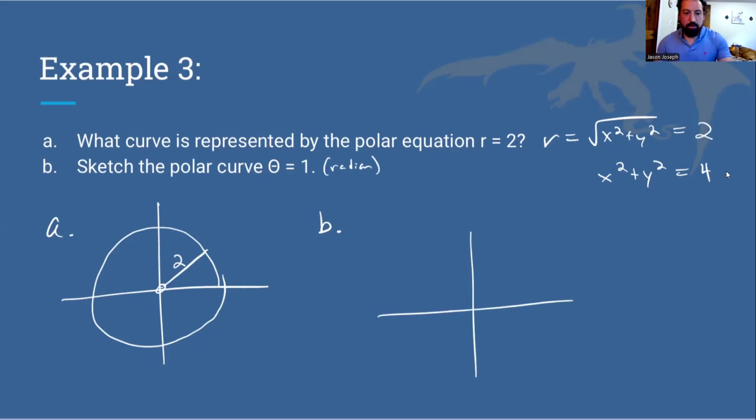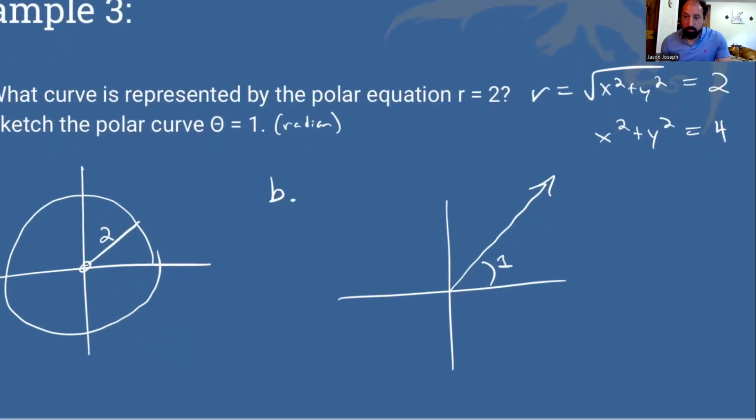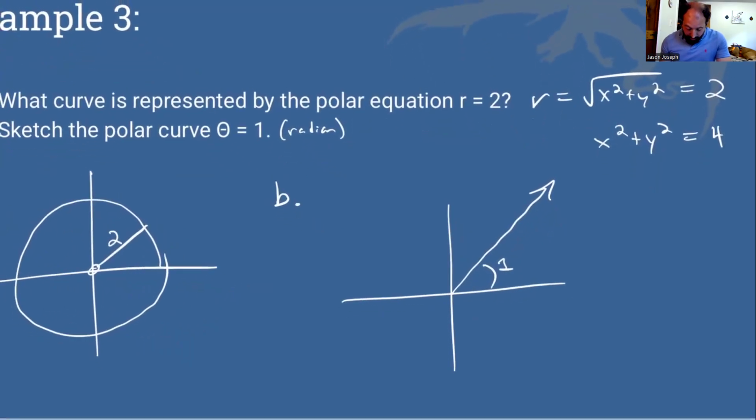So 1 radian is roughly 57 degrees. So it would look something like that. Now, this ray I've drawn is where r is positive. So here's where we have to remember that